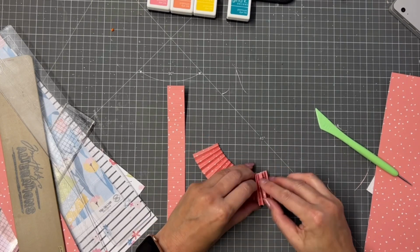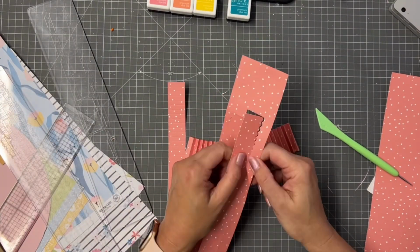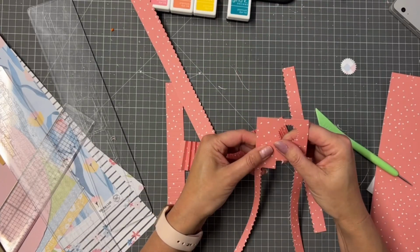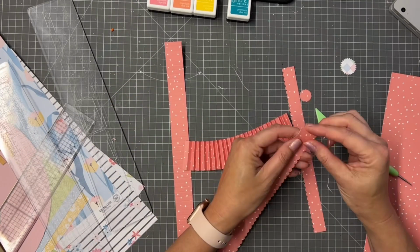You'll see that in the final picture. So it's quite a fiddly process, I have to say. And I'm going to make one from the die cut here. So as well as your scored pieces,